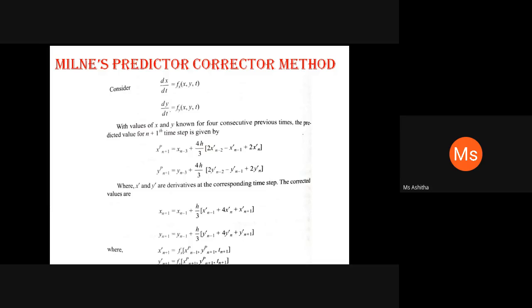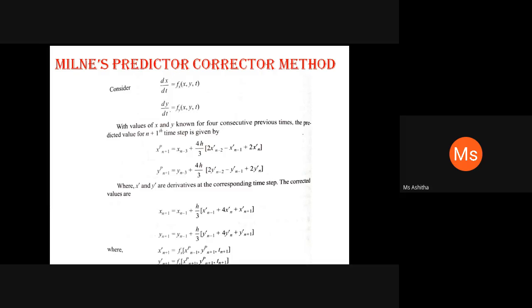Similarly, for k3 from the formula the extra one is L2 by 2, and for L3 it is k2 by 2. Similarly, for k4 it is L3, and for L4 it is k3. For updating the values for the next iteration, delta 1 is equal to delta naught plus 1 by 6 into all the k terms, and omega 1 is equal to omega naught plus 1 by 6 into all the L terms. This is the Runge-Kutta method.